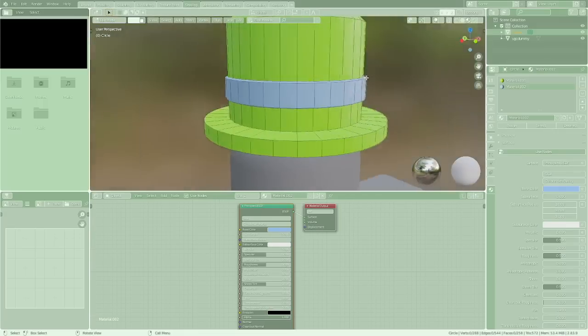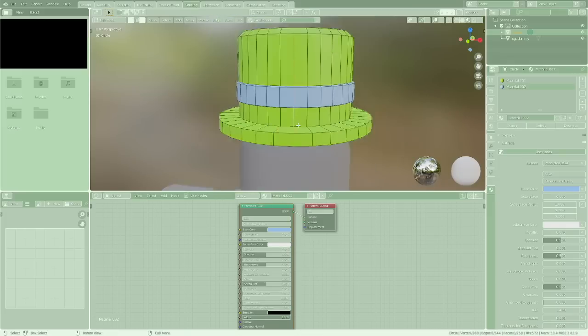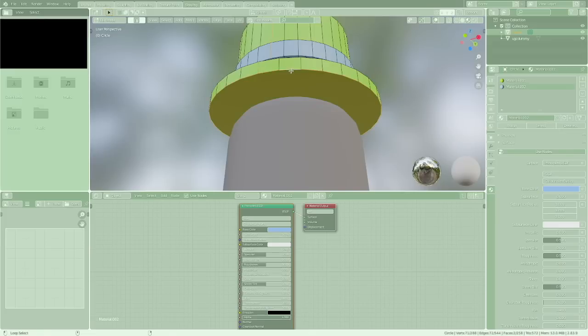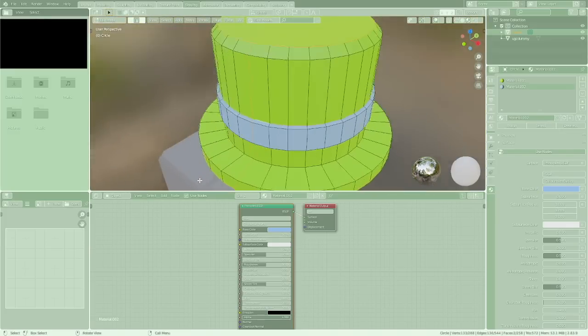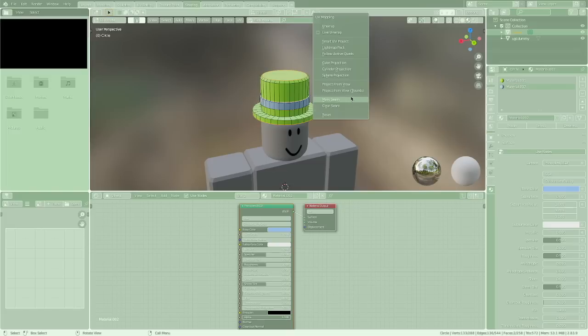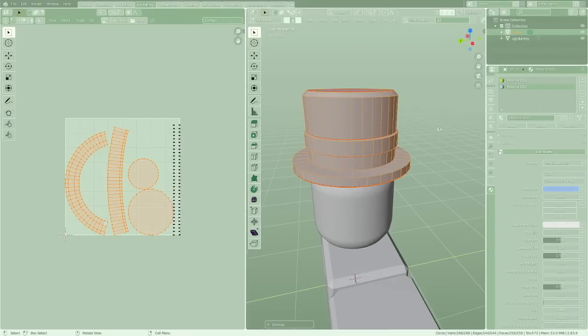Now it's assigned. And then you'll want to mark a seam, which can be done by pressing 2 to go into edge select mode. Holding option to loop select and selecting that. Hold shift option to loop select that bottom face and the top face, and then anywhere where it changes from blue to green here. Then I'm going to press U, mark seam, then UV editing. I'm going to select everything, A, U, unwrap, and then